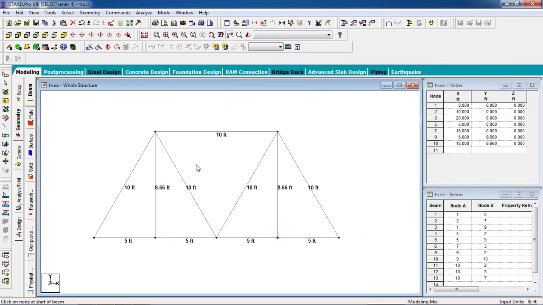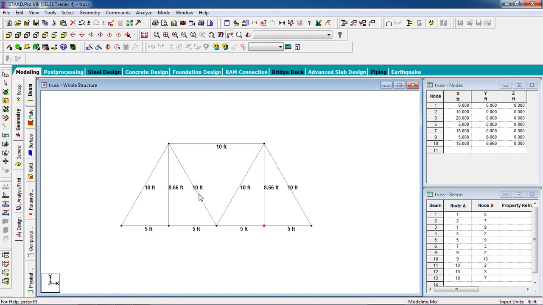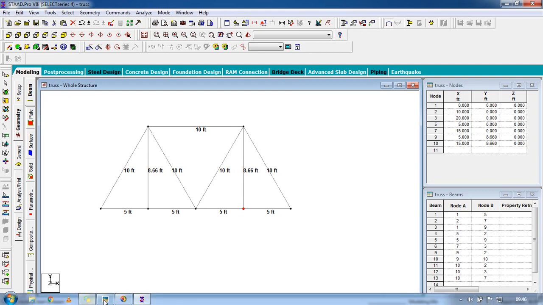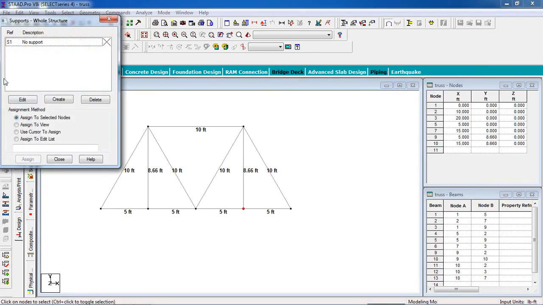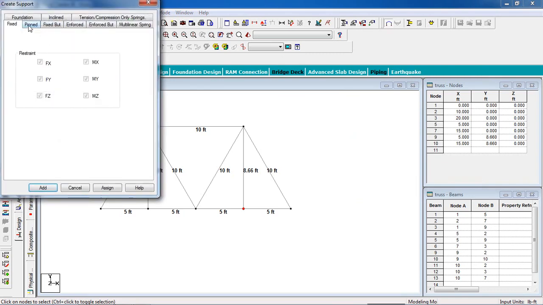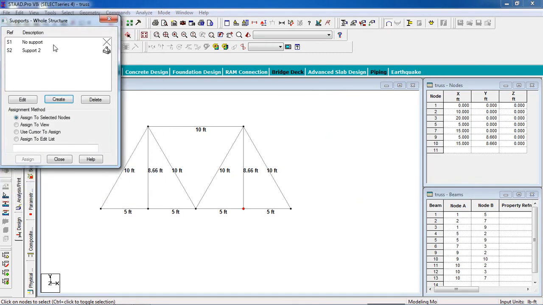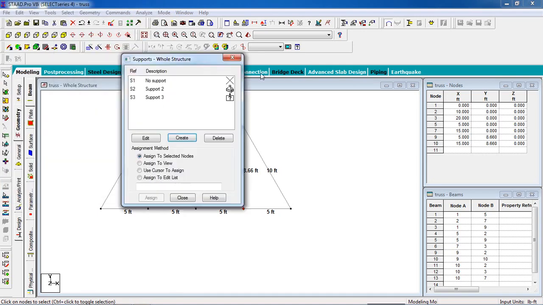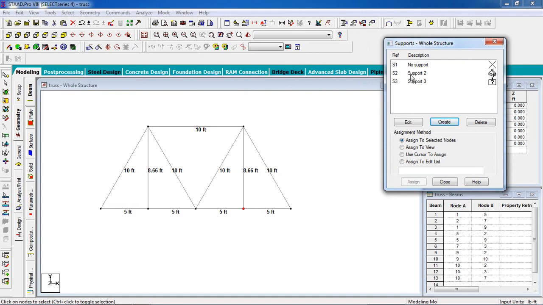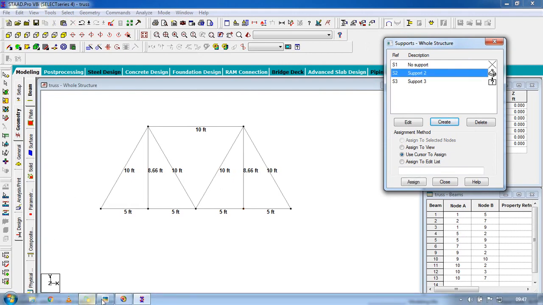So now we have to give the property. At first we have to create support. This is pinned and this is fixed part. Go to support, click on create, add the pin support, and go to create again, and the fixed part in the FX or MZ. This is actually a roller. In StatPro it will take fixed part.